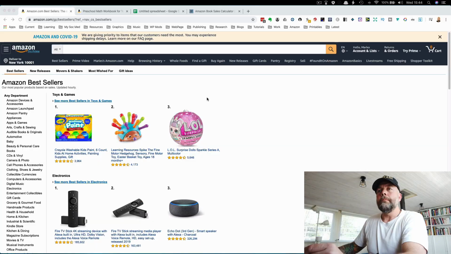I'm going to show you a simple way to find very profitable low content book ideas. Now some of these ideas are going to be very competitive, so it's going to be up to you to be a bit creative and find some sub niches within this competitive niche. In that way, if you reduce your competition, you've got more chance of ranking your book on Amazon and making sales. So, Amazon.com,